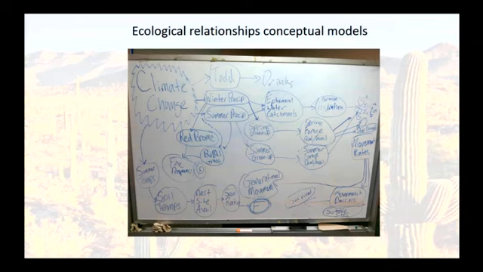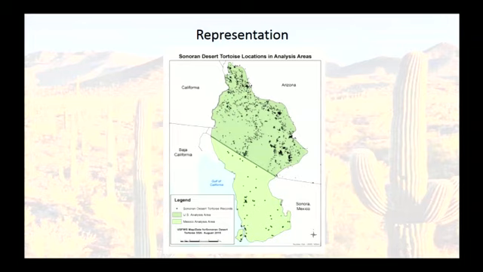We had some of these little loop-de-loops here. I call them wormholes because on the other whiteboard on the other side of the room, there's a whole other diagram about fire frequency and how that affects the viability of the species. So a little wormhole across the room to a different whiteboard. So we had that meeting and we elicited all those conceptual diagrams of how their ecology worked. And that was really useful for us to start to get an idea of how we might model this system and the key things that we were going to need to predict in the future to make good predictions about the future of the species.